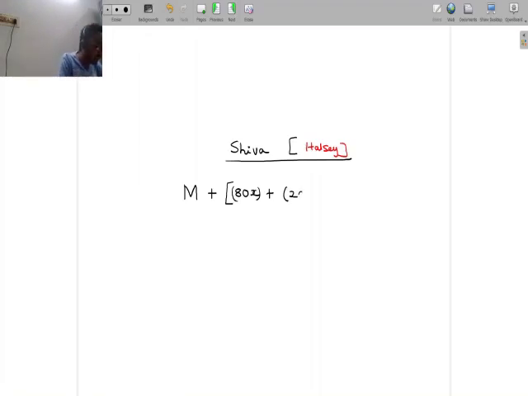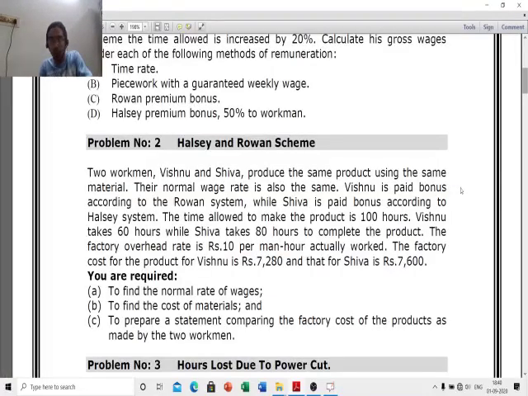20 hours. Because if 100 hours is allowed and he takes only 80 hours, obviously the time saving is 20 hours. So 20 into what is 50% of this? 10 hours into what is the time rate? I don't know. Let me assume this to be X. So this is my labor cost calculation using the Halsey plan. Plus for every hour of work 10 rupees is the factory overhead I'm going to absorb. So the entire thing here will work out to be